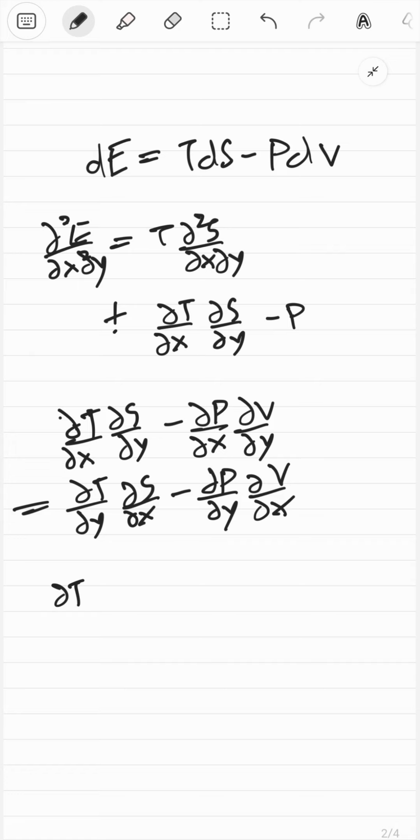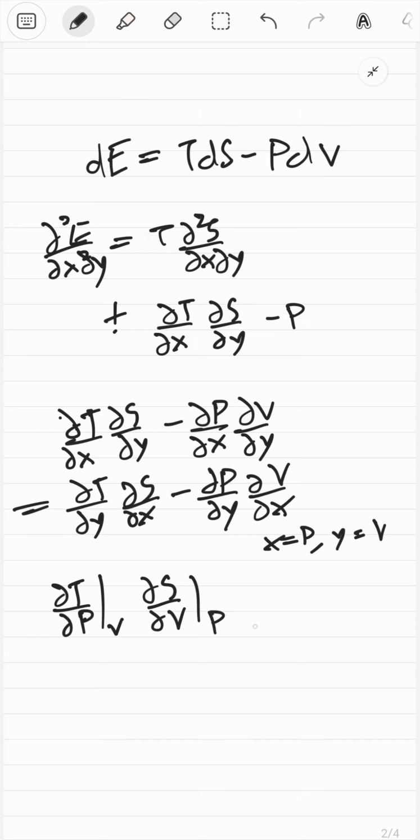So then you just have partial t by partial p at constant volume, and then partial s by partial v. So once again, x equal to p, y equal to v, right? Cool. At constant pressure, this whole term dies because x is p, so this thing is 1. Partial v by partial, oh, that's just minus 1 over there, fine. So what survives over there? Partial s by partial v survives, and then partial p by partial y dies, this whole term dies. So this just gives us partial t by partial p at constant, sorry, wait, this is wrong, at constant,